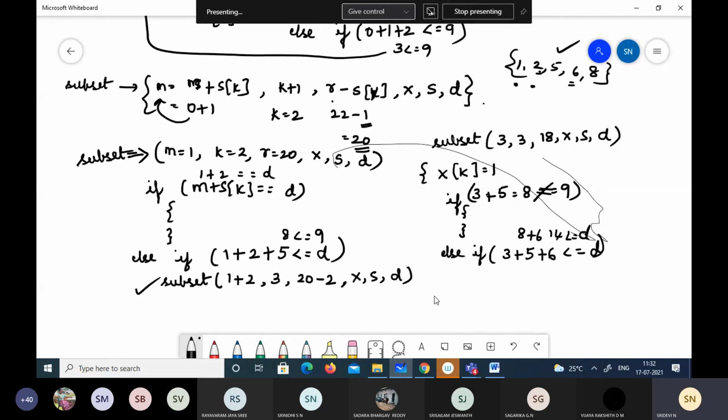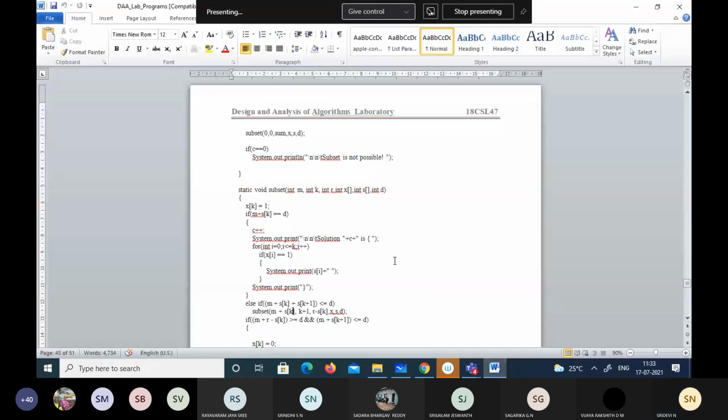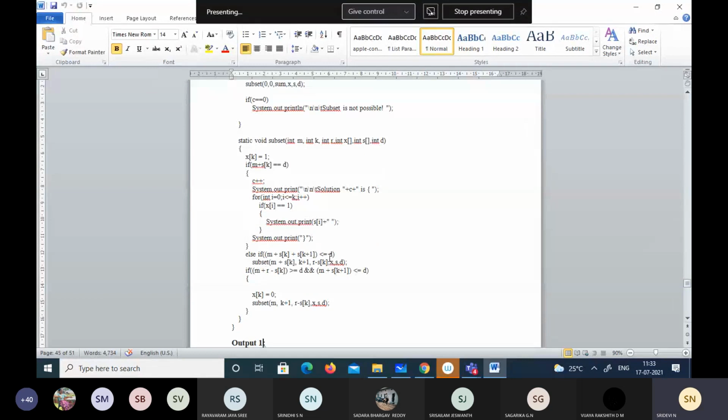So for that I have one more if statement. Check here in this. See? The sum is 14 now, which is not less than or equal to 9. It's greater than d value, isn't it?